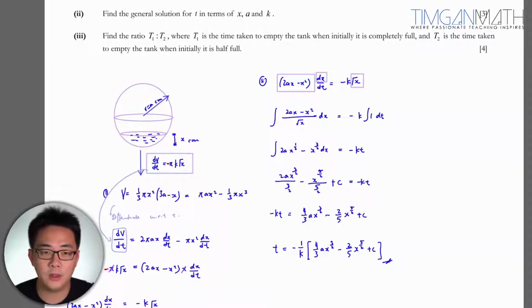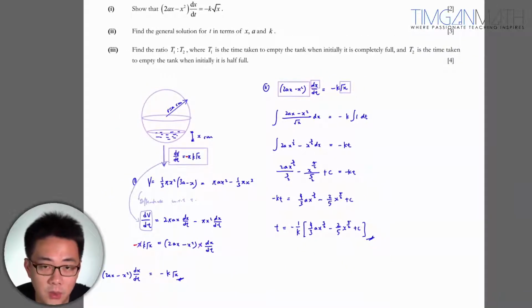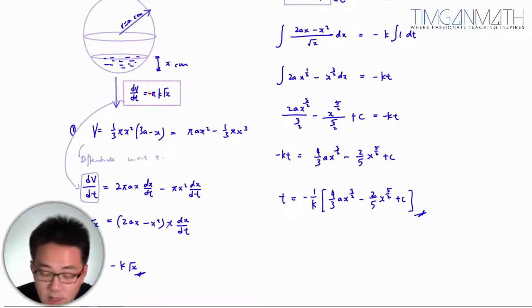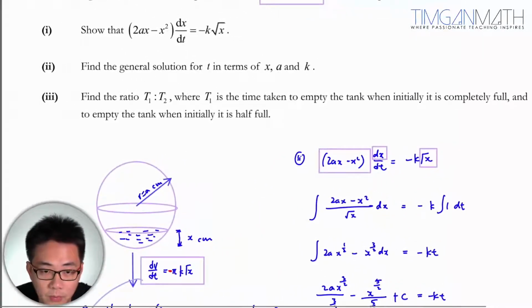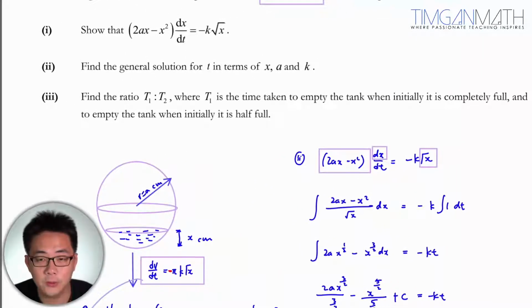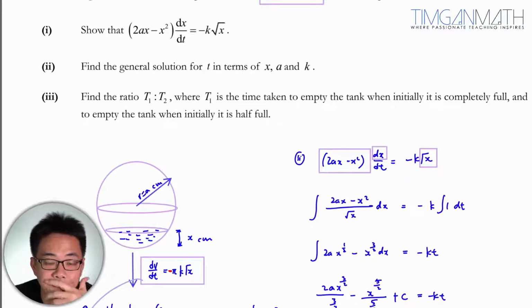Let's look at the last part. Find the ratio of T1 to T2, where T1 is the time taken to empty the tank when it is initially completely full, and T2 is the time taken when the tank is initially half full. Now that we express T in terms of X, we need to be able to find